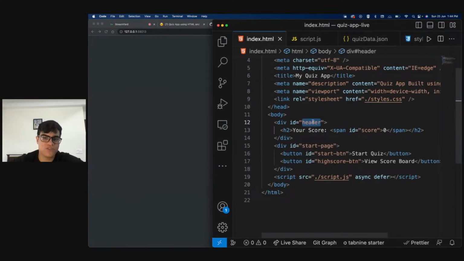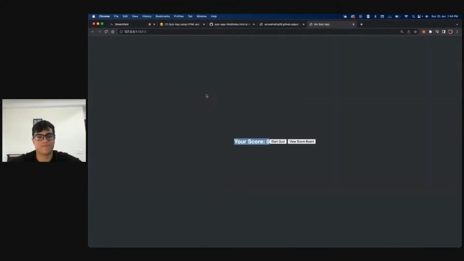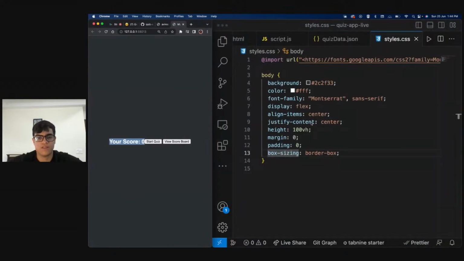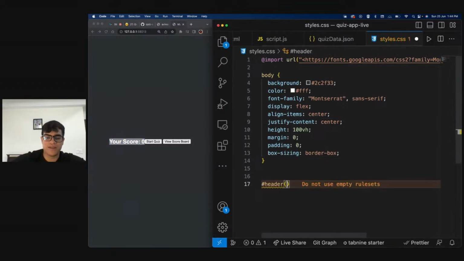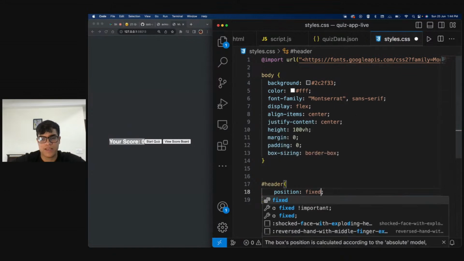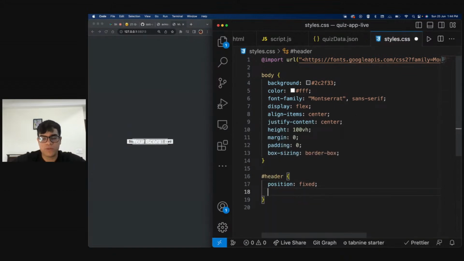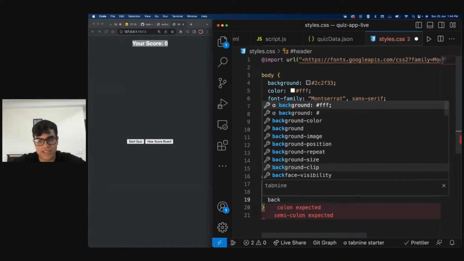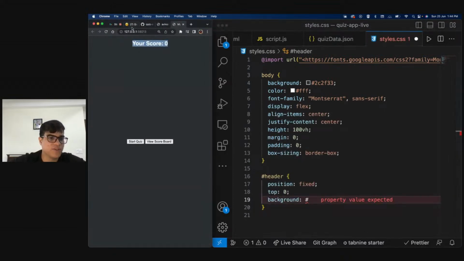Now, to my header, I'm going to give a position of fixed, and top should be zero, correct? I'll give this a background color as well, which is given in the Notion.